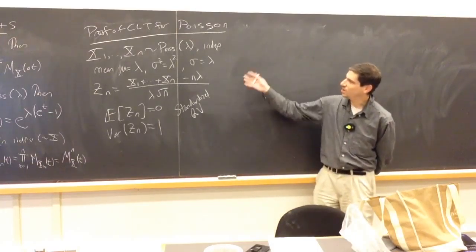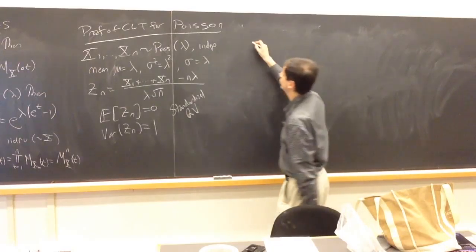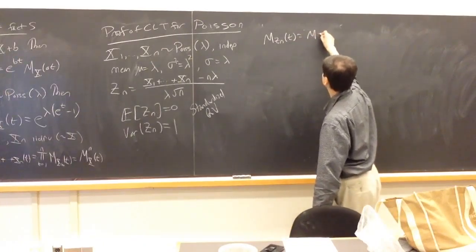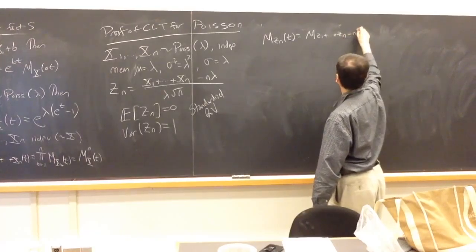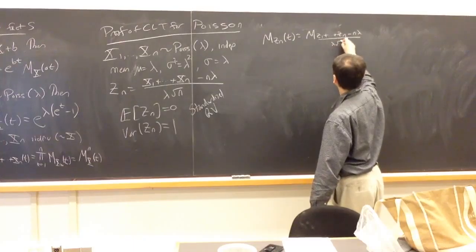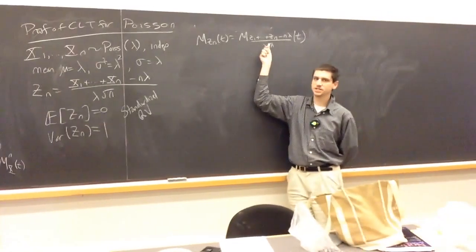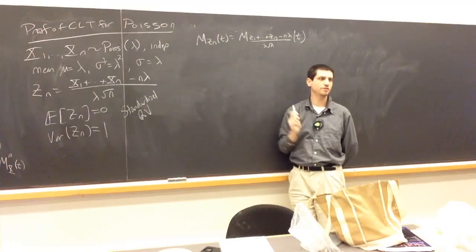All right. How should we start the proof? All the proofs start the same way. What's step 1? Definition. So the moment generating function of Zn of t is equal to the moment generating function of (Z1 plus ... plus Zn minus n lambda) divided by lambda square root of n, of t. Before I start using my facts about sums, and the moment generating function of a sum is the product of the moment generating functions,